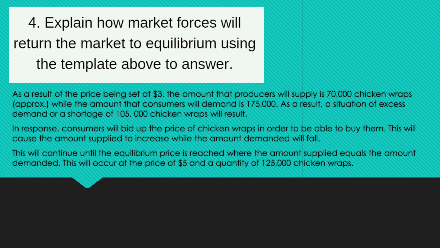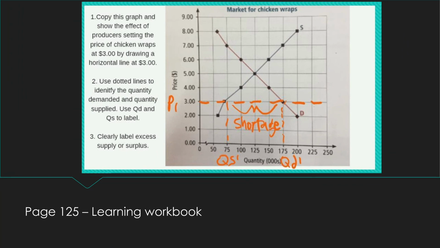So this will cause the amount supplied to increase because producers now can supply more chicken wraps, and they want to supply more because they're making more profit, while the amount demanded will fall. This will continue until the equilibrium price is reached, where the amount supplied equals the amount demanded. This will occur at the price of $5 and the quantity of 125,000 chicken wraps. So if you go back and look at your graph, I'll just go back to our previous slide so you can see it. The equilibrium point, the middle dot, our equilibrium price is at $5 and our equilibrium quantity is at